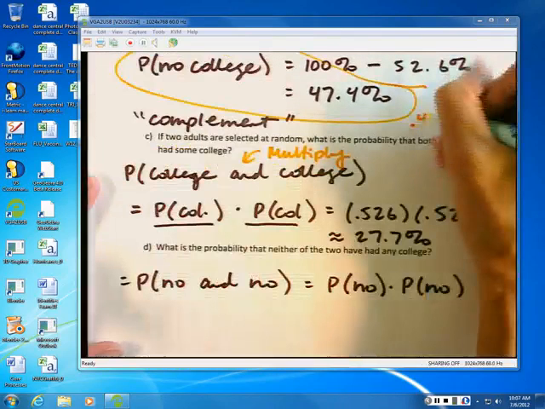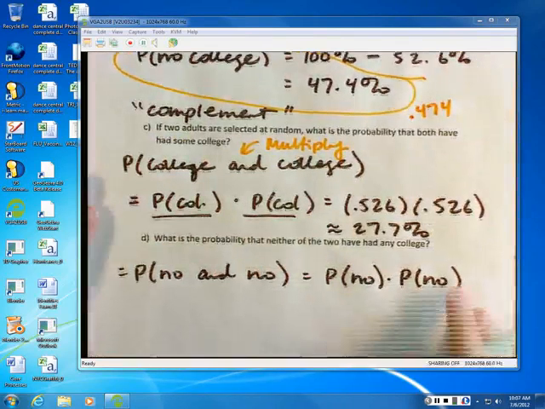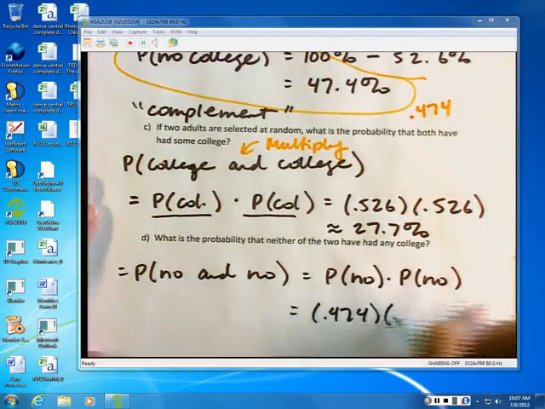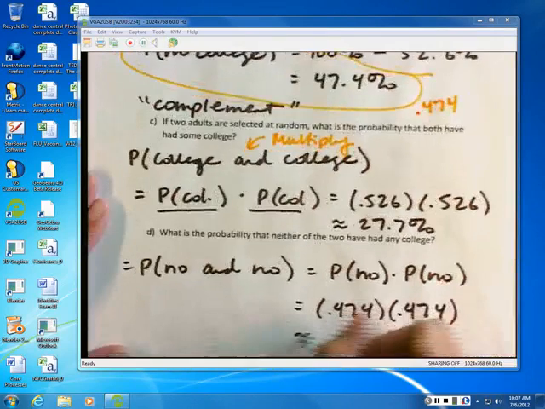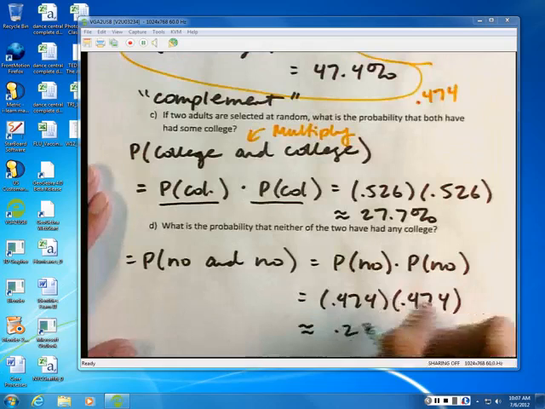I'll use 0.474. So I multiply those two together, and we get 0.474 times 0.474. Or you can take that to the second power. 0.474 times 0.474. And this probability is about 0.22225, or how about